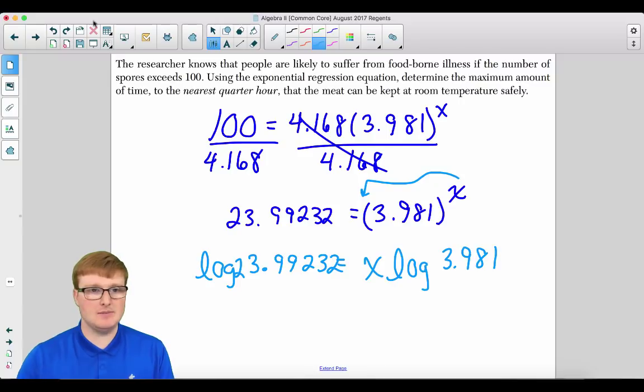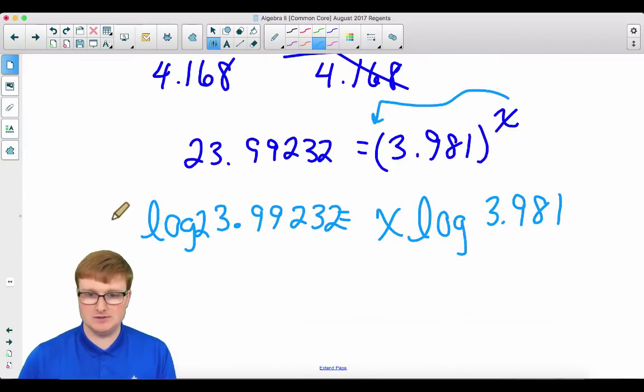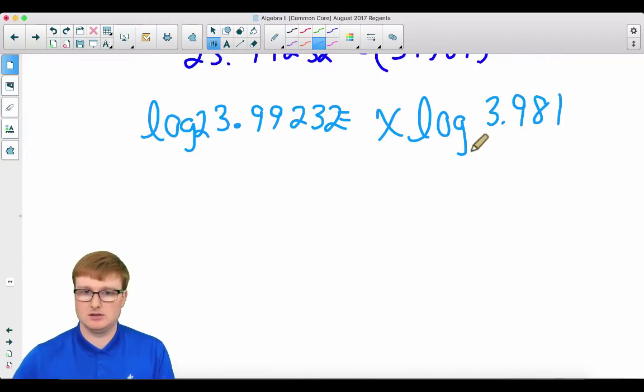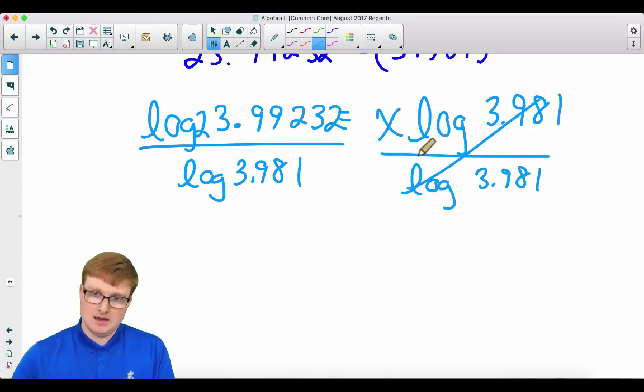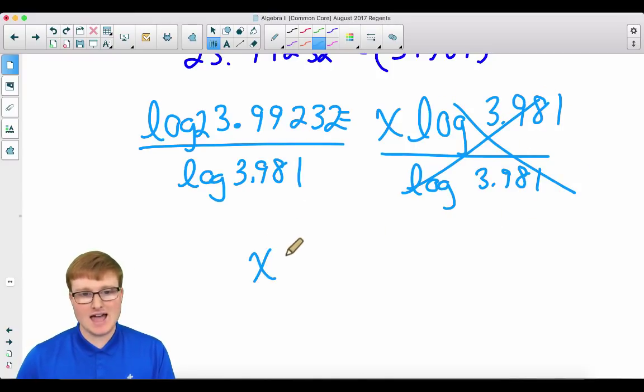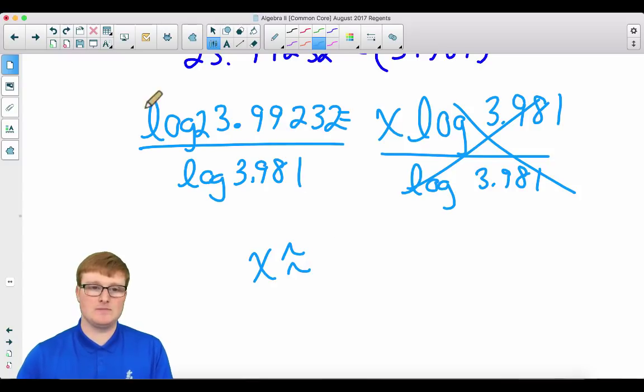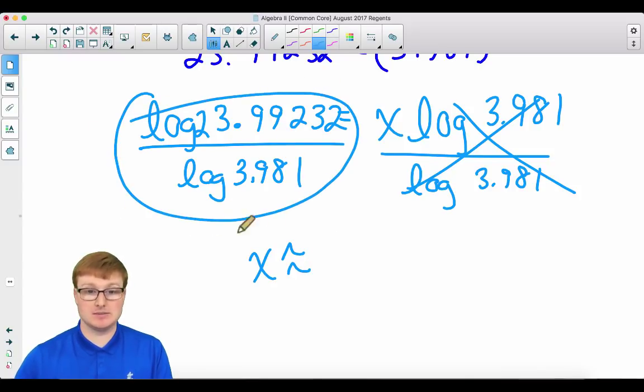We're going to just divide these things here. So we're going to divide by the log of 3.981. Divide by the log of 3.981. That cancels. We have x is approximately equal to, type this into your calculator. I'm not going to do it because I'm lazy. That will give you